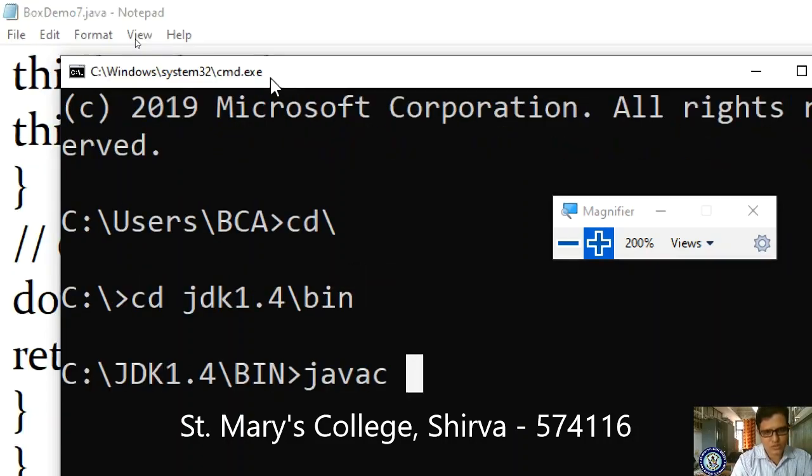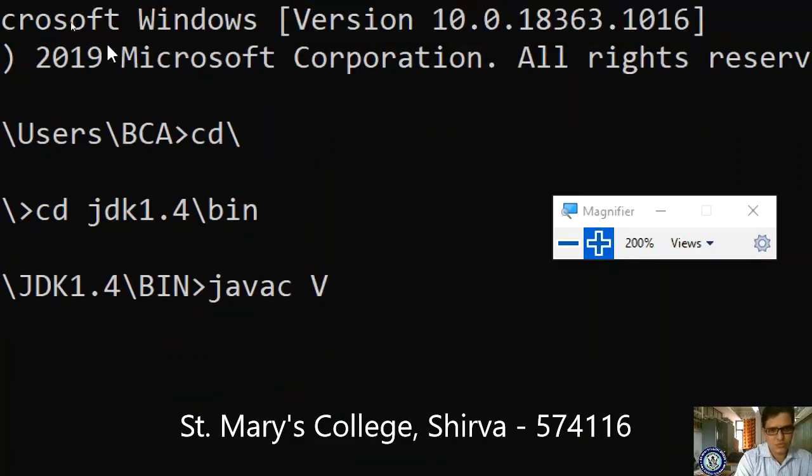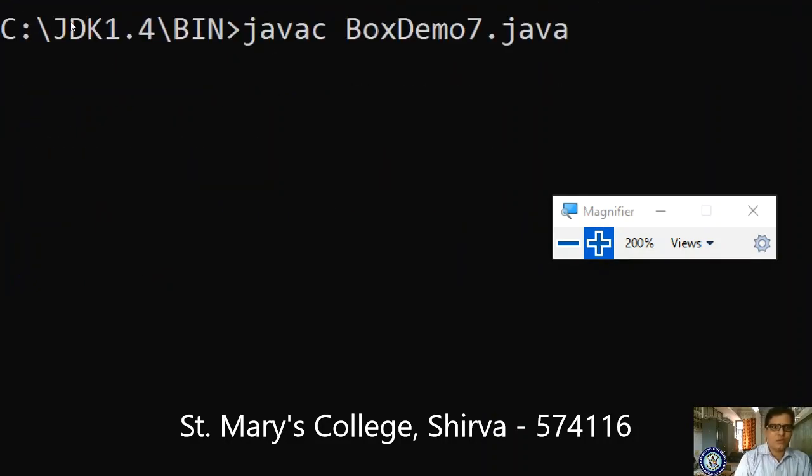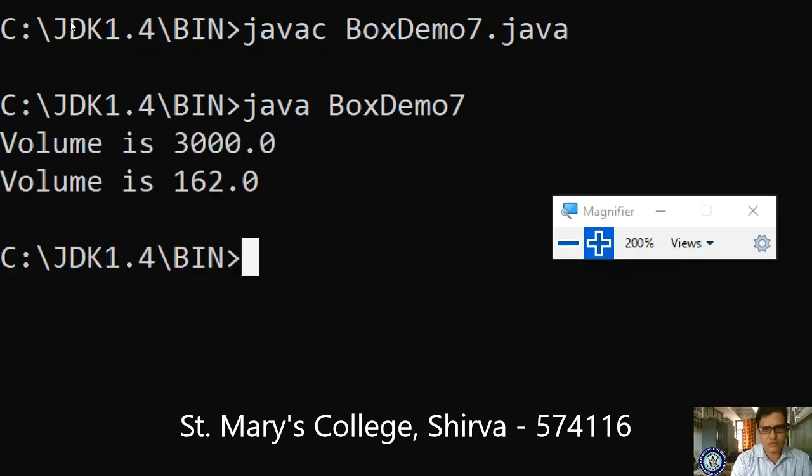I forgot. Anybody? BoxDemo7, right? The B and D should be capital, BoxDemo7.java. Yes, it is executing now, running. No error. java BoxDemo7. Yes, we are getting an output. Clear? Yes.